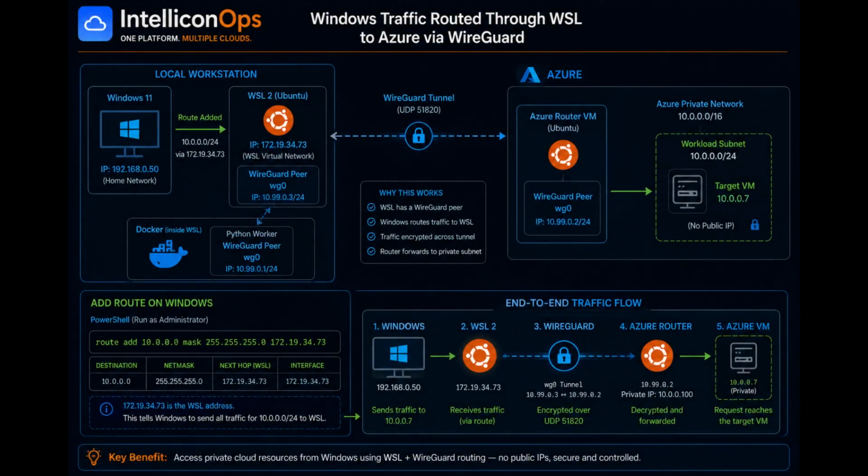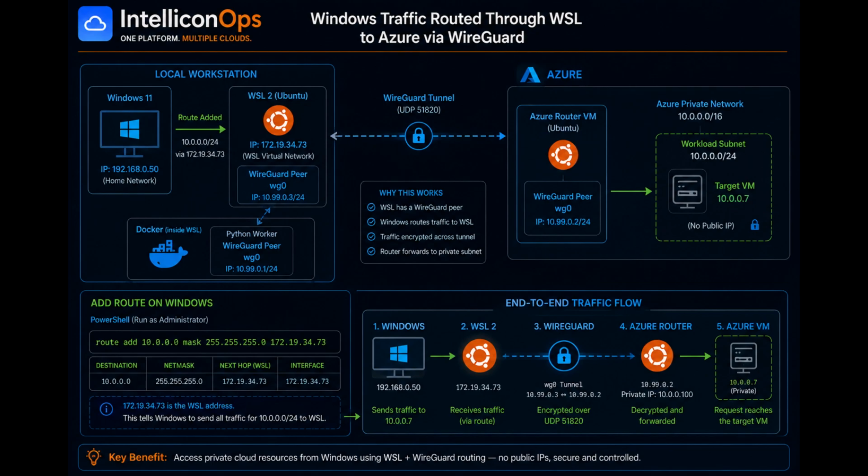There's another useful part of the design. The Docker worker isn't the only component with access to the Azure tunnel. WSL itself has a WireGuard peer. That means I can route traffic originating from Windows through WSL and across the encrypted tunnel. My local Windows network is completely different from the Azure network. My workstation is on a normal 192.168.0 home network. The Azure workload I'm going to demonstrate is at